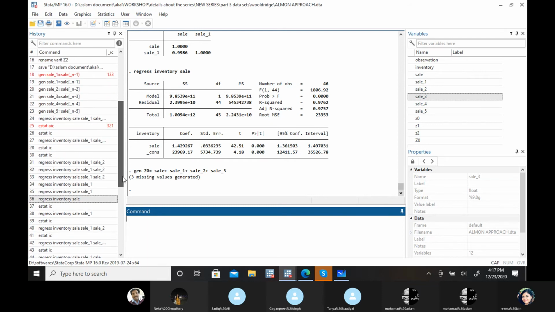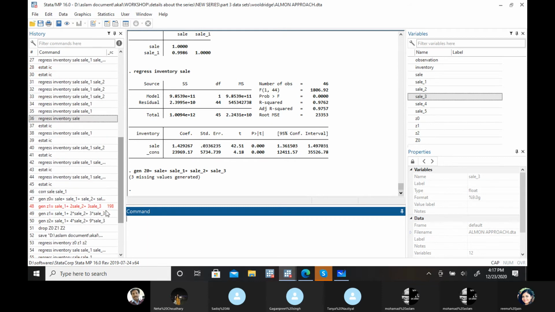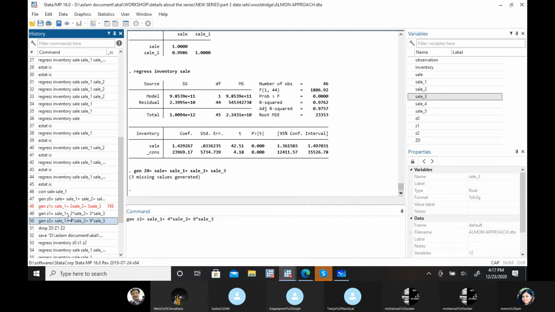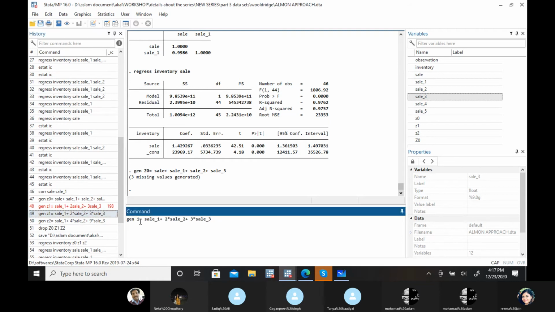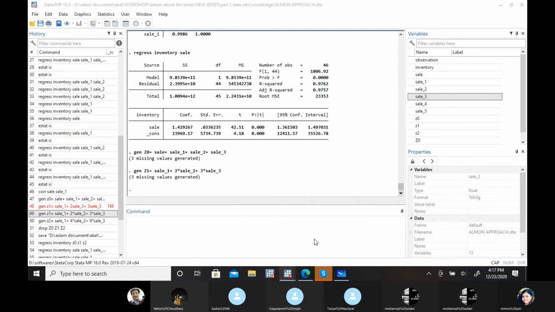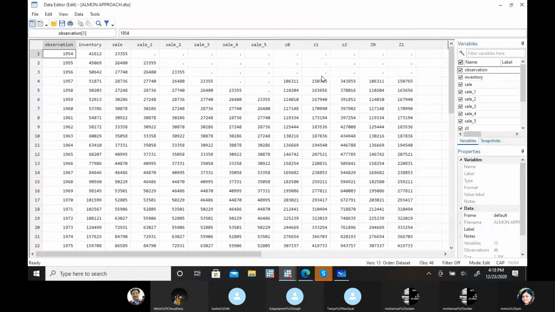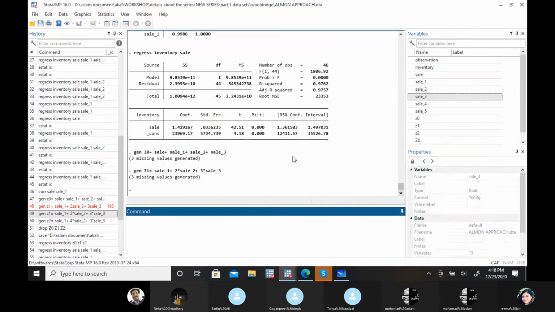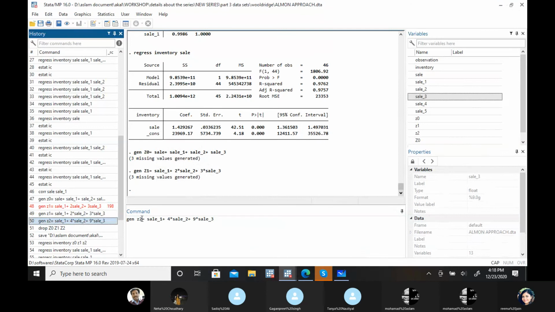Similarly, we have to create Z1, that is xt minus 1, 2 xt minus 2, and 3 xt minus 3. Enter. So now you have a value for Z1. Similarly, you have to create Z2.